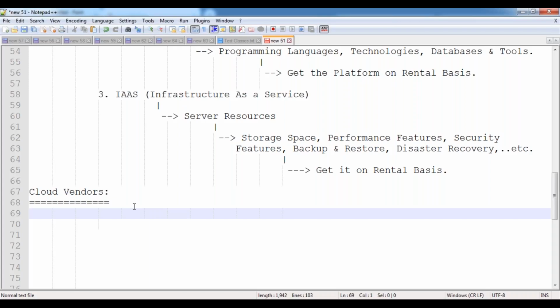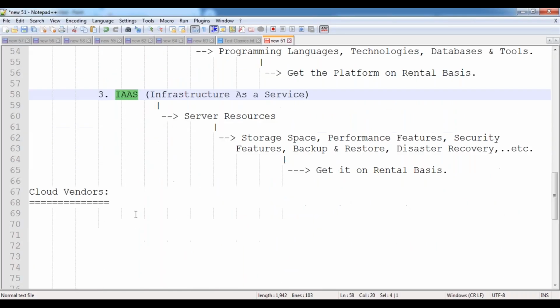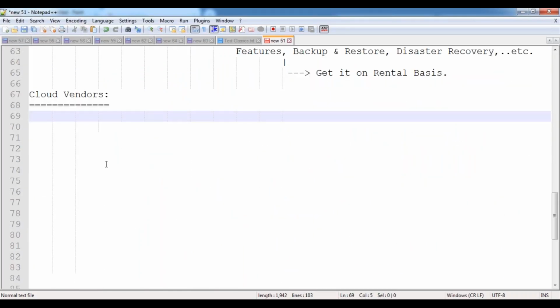Like suppose if you want to take a SIM card, we have so many vendors like Airtel, Vodafone, Jio, BSNL. If you want to take a loan, we have so many banks available. If you want to take a car on rental basis, so many cab vendors are there. In the similar way, if you want to take software, platform, or infrastructure on rental basis, we have so many vendors available.